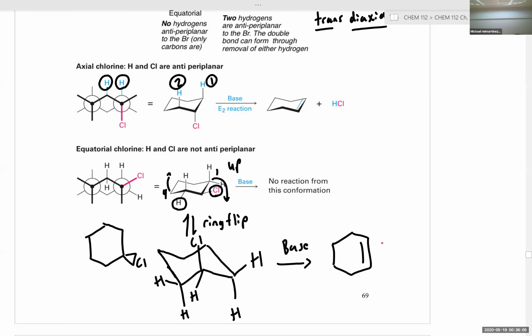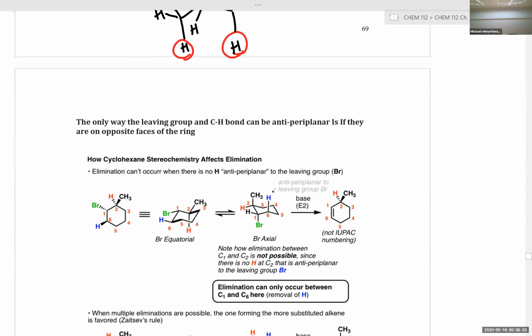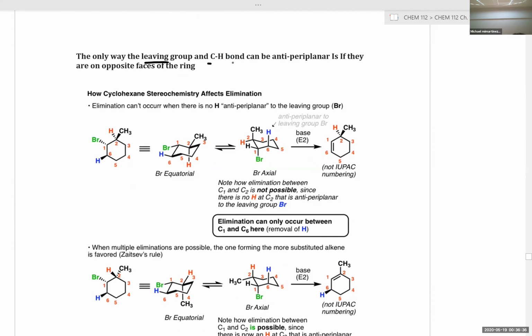Key thing, it's these axial hydrogens that are reactive, because they're in the trans-diaxial arrangement relative to our leaving group. Does that make sense to everyone? Okay, so you can see why these examples are loved on exams, because they encapsulate drawing cyclohexane conformations and using them to understand selectivity in reactions. Okay. So the only way the leaving group and the CH bond can be anti-periplanar is if they're on opposite faces of the ring. So in other words,